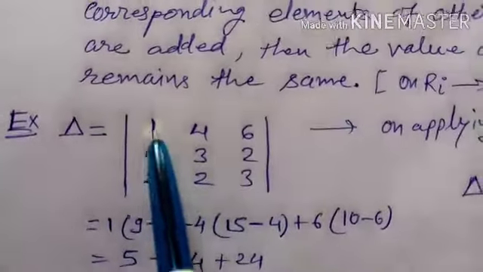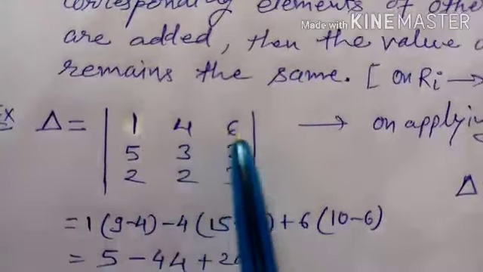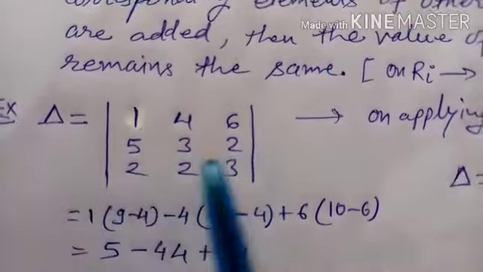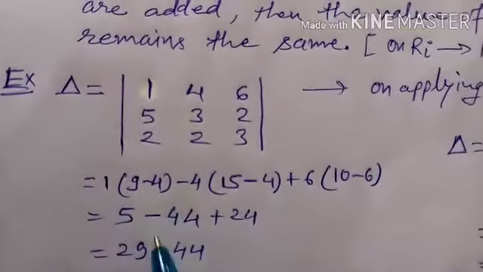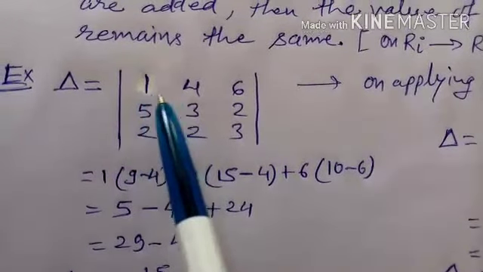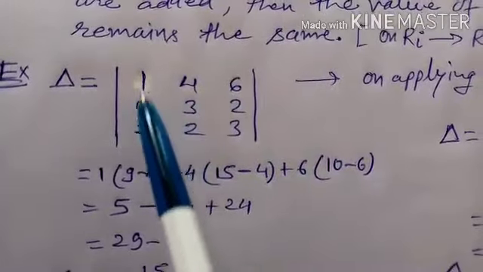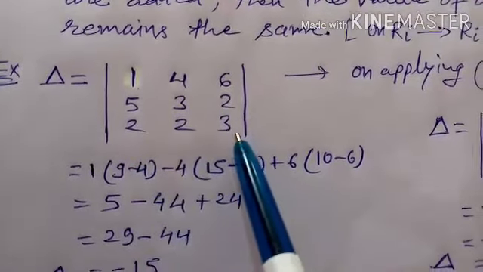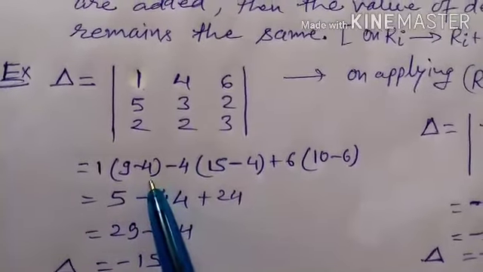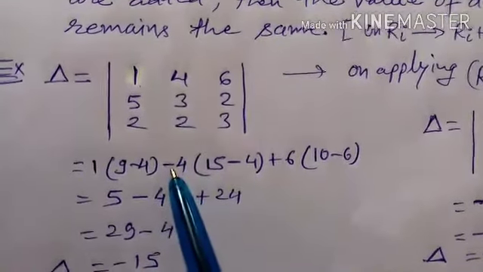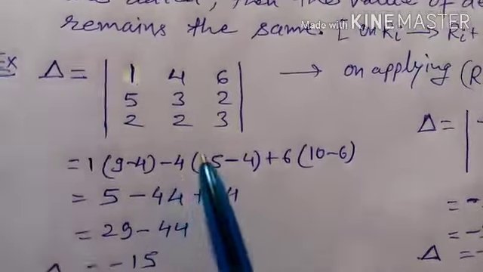Here is the first determinant. First row 1, 4, 6, second row 5, 3, 2, third row 2, 2, 3. Now expand this determinant and find the value. So expand along the first row. So this is 1. The first row and first column are deleted, so only this 2 by 2 determinant remains. So 3 into 3, 9, 9 minus 4. The second element with minus sign, because the signs are plus, minus and plus. So this is minus 4 into